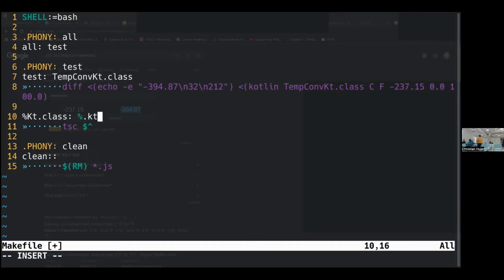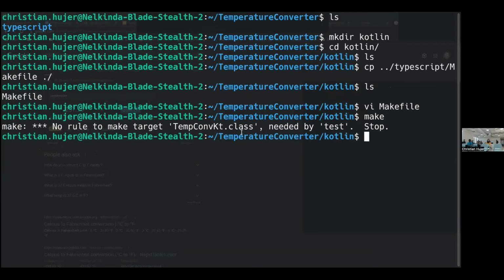Class comes from KT, and we need to call the Kotlin compiler for that. And we want to leave all class files and recursively the meter in the directory when we're cleaning. And right, that already tells us that there is no rule to make temp.conf.kt.class. So let's create the